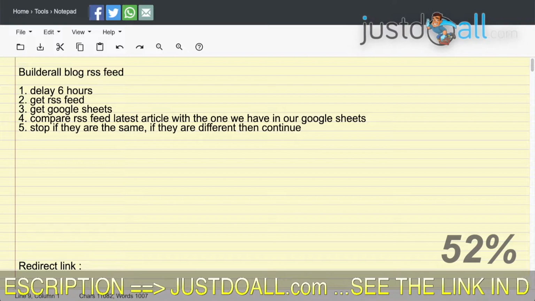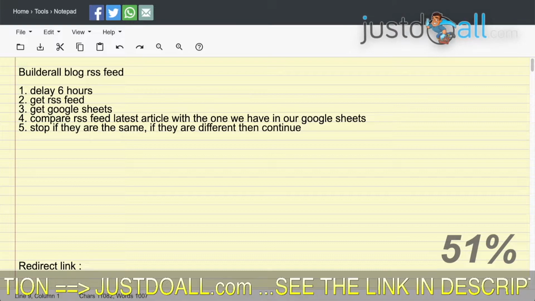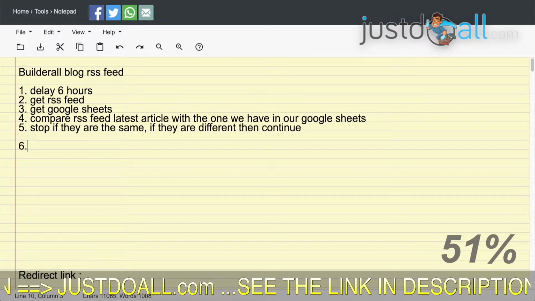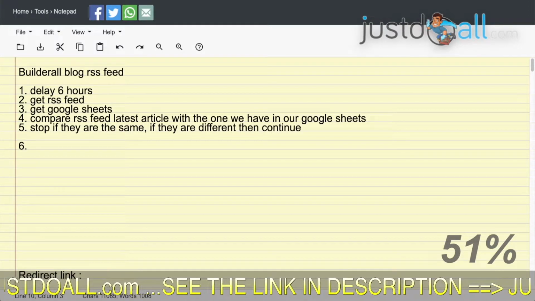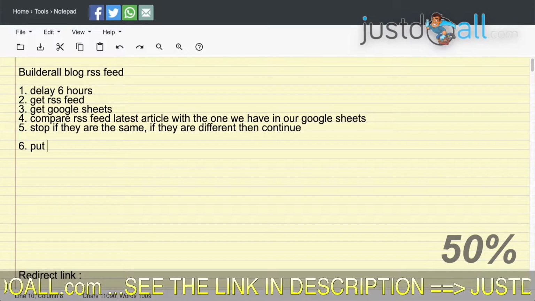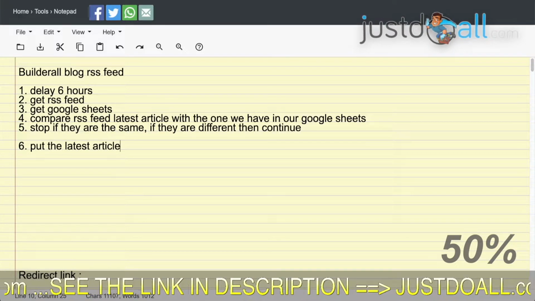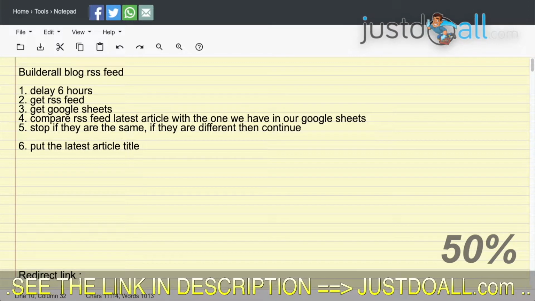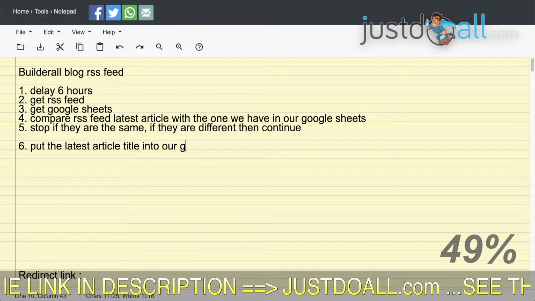And if they are different, then we continue. And what we will do here, since they are different, is put the latest article title, the one we get from the RSS feed, into our Google Sheet.